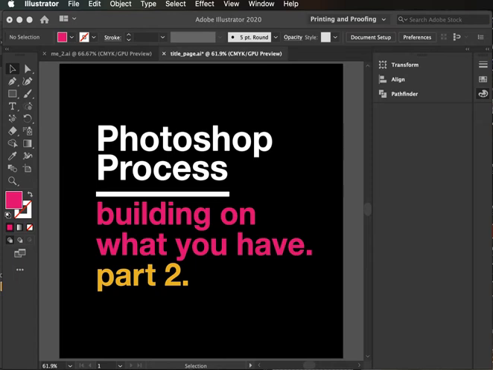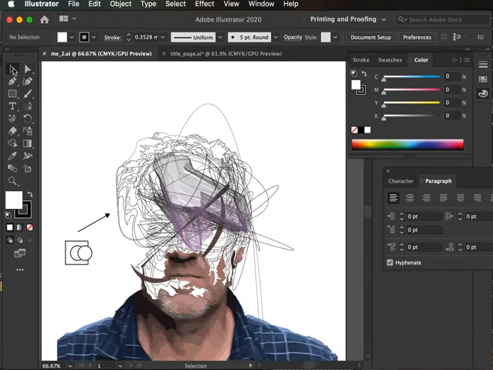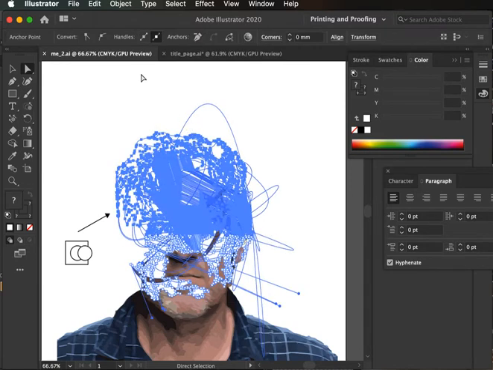Okay, we'll continue on with the same picture. This time we're going to start bringing in text and drawn elements and that sort of thing, adding to it and building up on the layers. So the first lot of work you did with the auto tracing, I've got one here. So I'm going to just grab a portion of this auto trace,